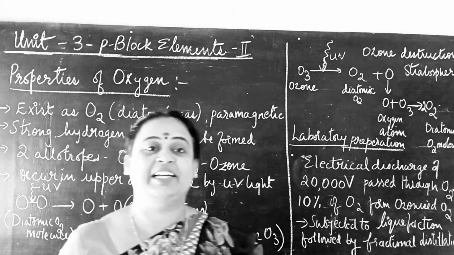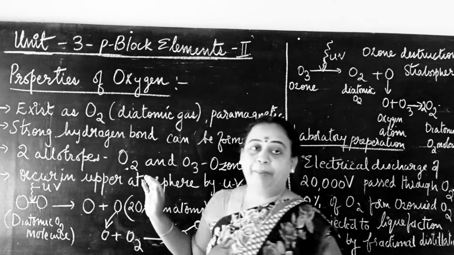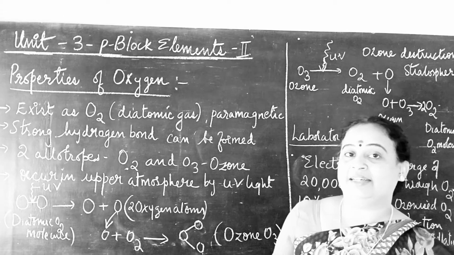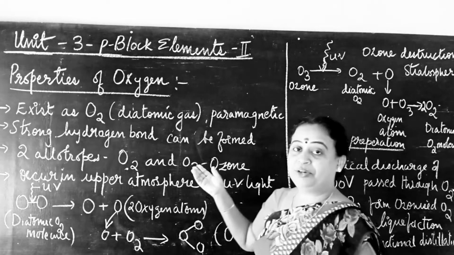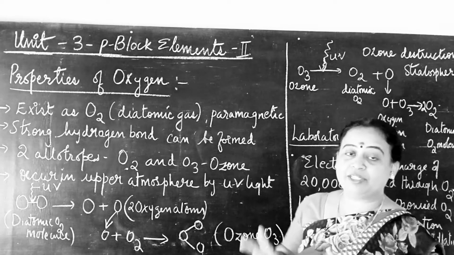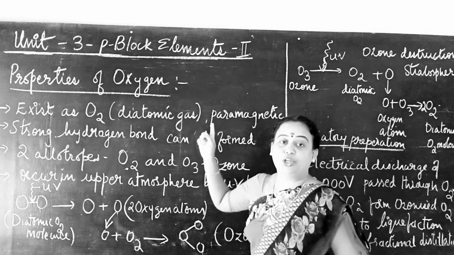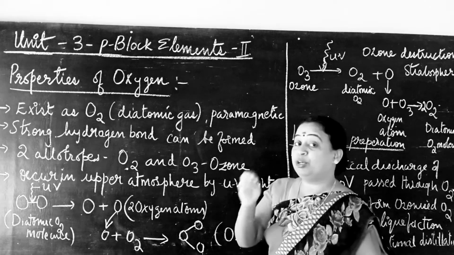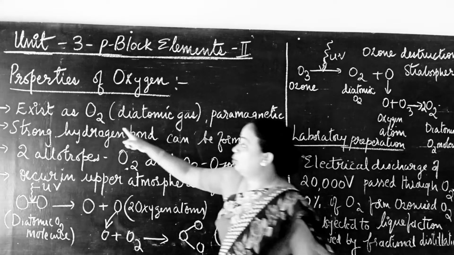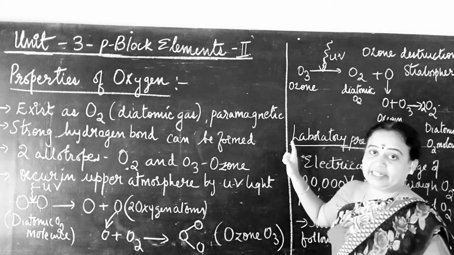By this video, let us study about the properties of oxygen. So properties, when we look at oxygen, it is diatomic in nature. Diatomic means two oxygen atoms combine to form an O2 molecule. One oxygen molecule is nothing but two oxygen atoms. Okay, so O2. Fine.